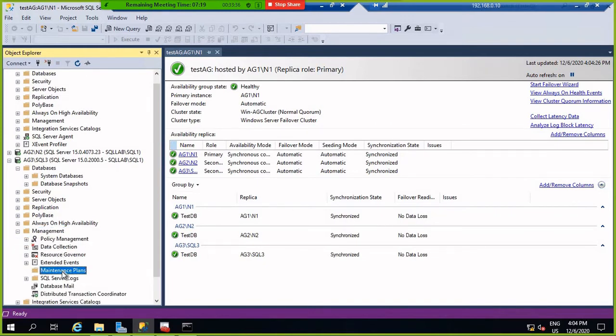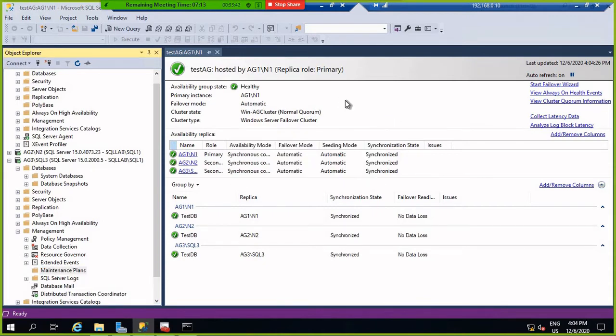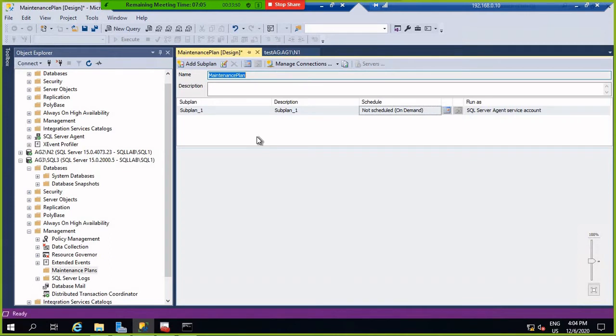So I create the maintenance plan. For every backup, it first checks the AG preferred location. If it is true, then the backup is generated. If it is not true, the command is executed but the backup is not generated.